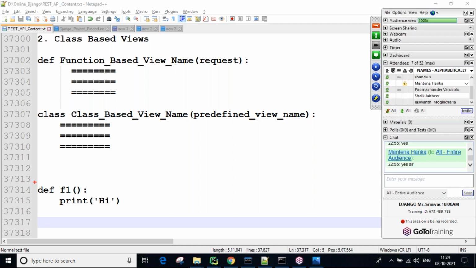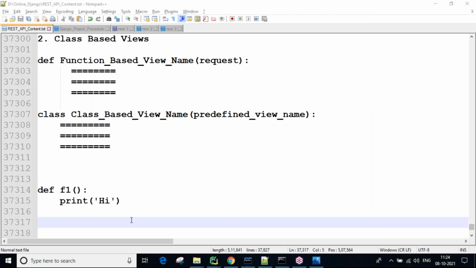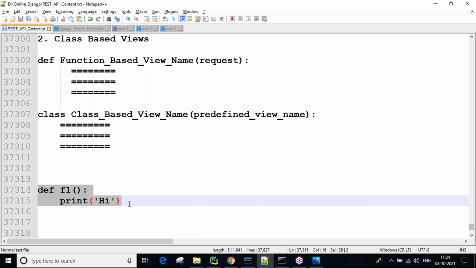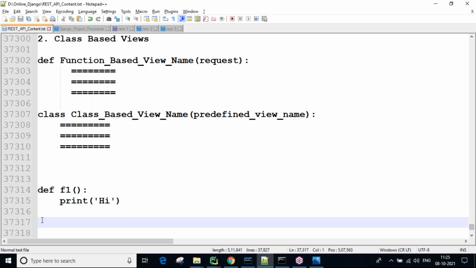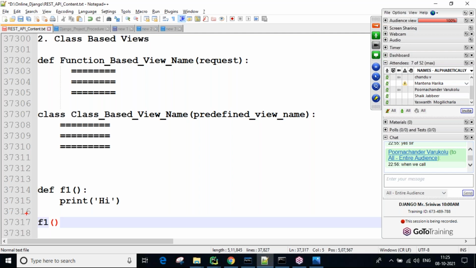See, the coding is correct. Line by line executing. First line, it checks whether it is syntactically correct or not. Yes, correct. Second line, print statement. Okay, no problem. But it only checks that the code is correct. Output we are not getting. This is the function declaration, the function body, the function definition. Whenever we call the function, this statement is required.